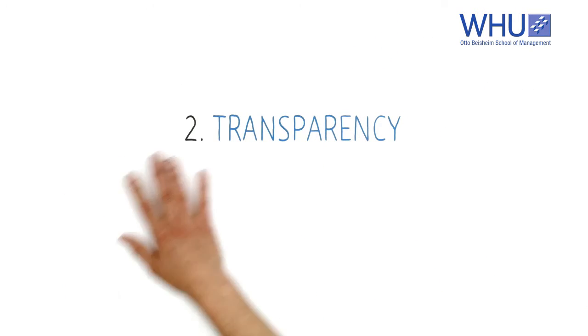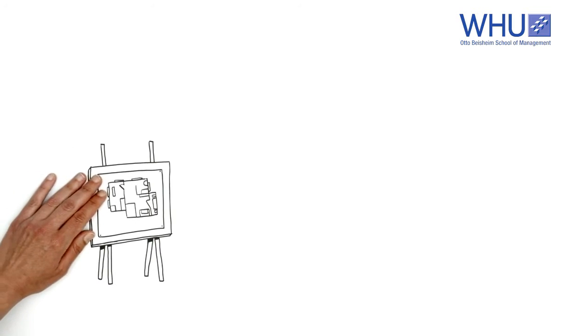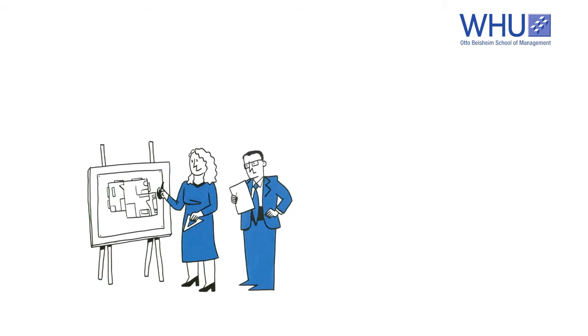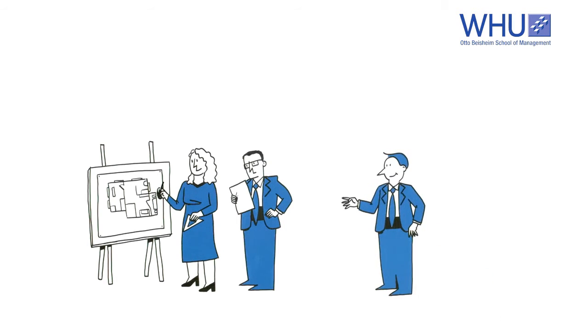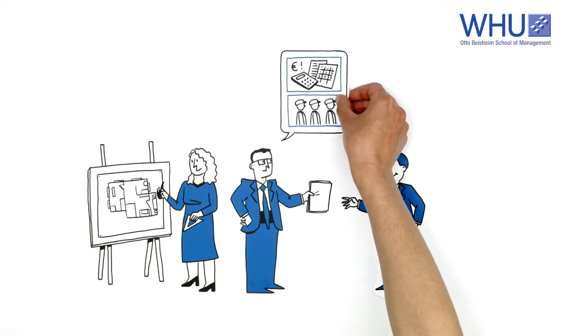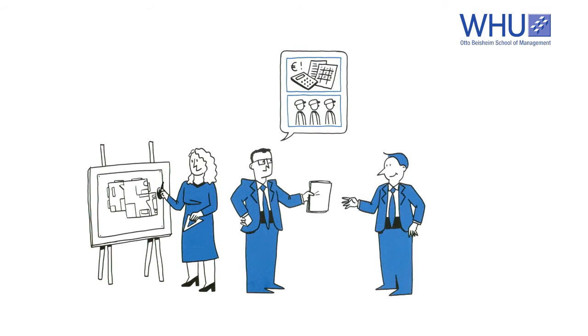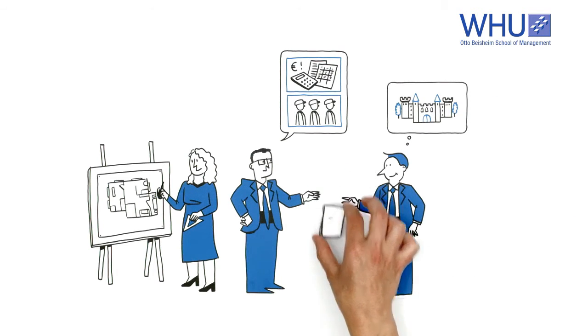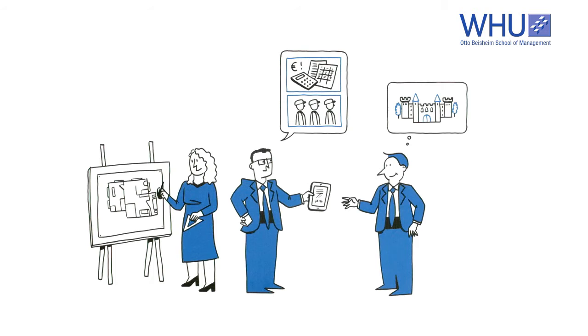Transparency. The second cornerstone of a controlling culture is performance transparency. In organizations, controllers are responsible for ensuring that managers get the information they need to do their jobs. This includes leading indicators as well as financial metrics, because these are what ultimately determine the financial results. It is precisely here that digitalization is opening up new opportunities for controllers.